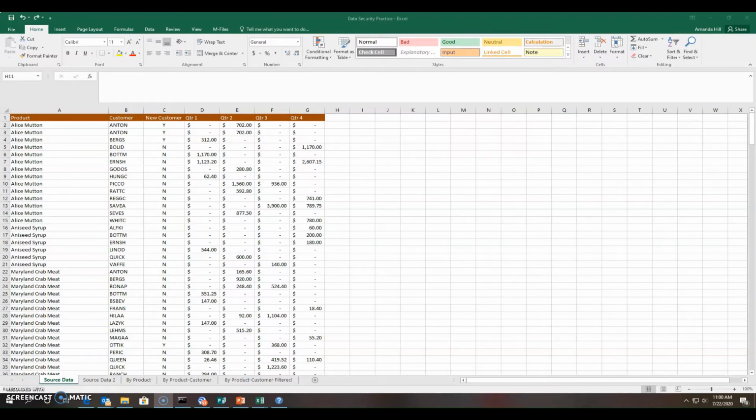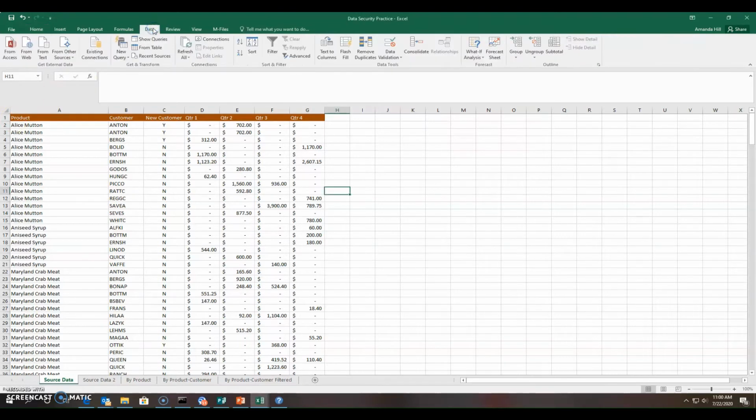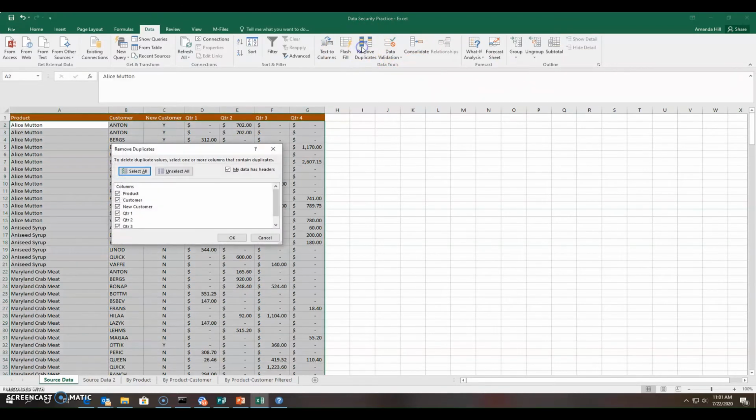So if we wanted to remove duplicates from this particular worksheet, you would click on the Data tab. And then you'll go to the Data Tools section, and there's a spot that says Remove Duplicates. So if I click Remove Duplicates,